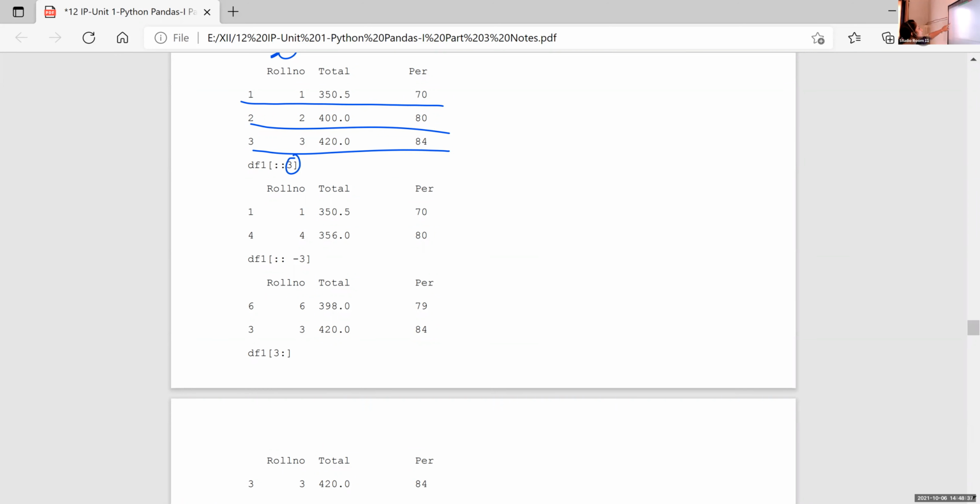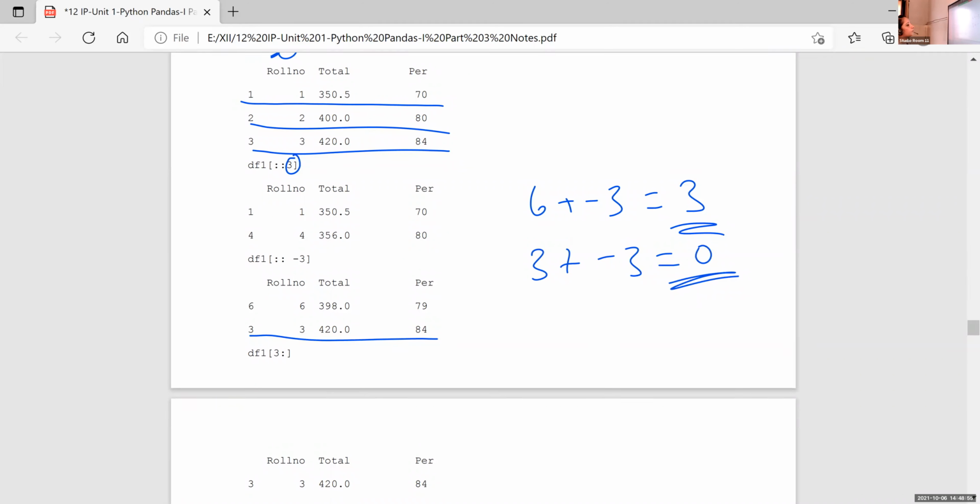After that, 6 plus minus 3 is equal to 3, so this 3 is displayed. Then 3 plus minus 3 is 0. There is no row with 0 value, so only 2 rows are displayed.